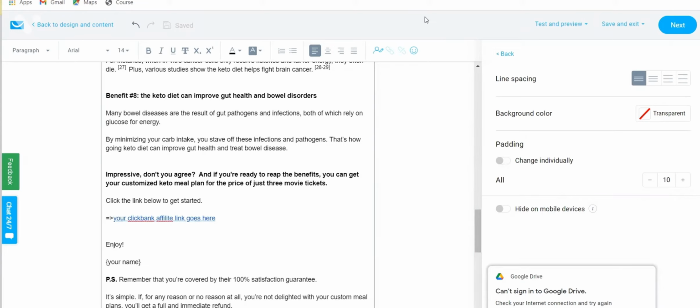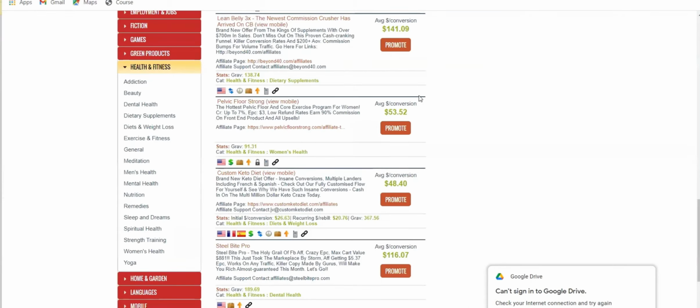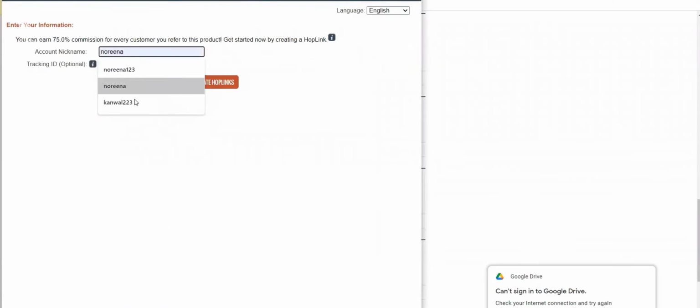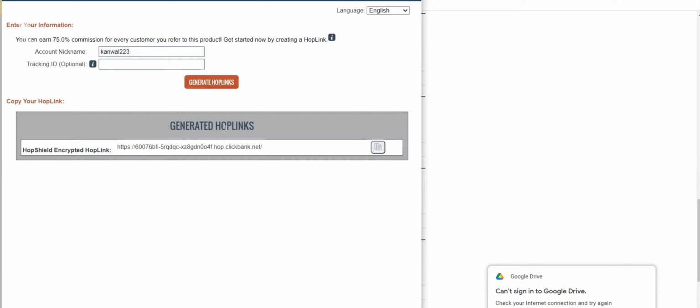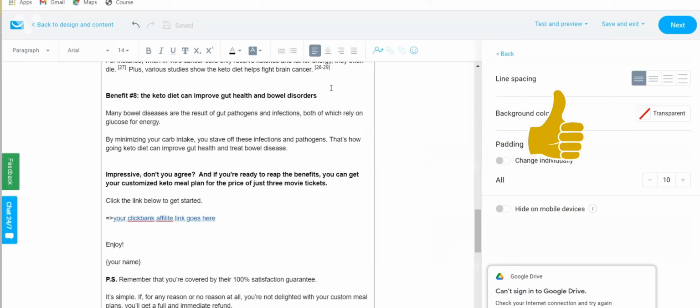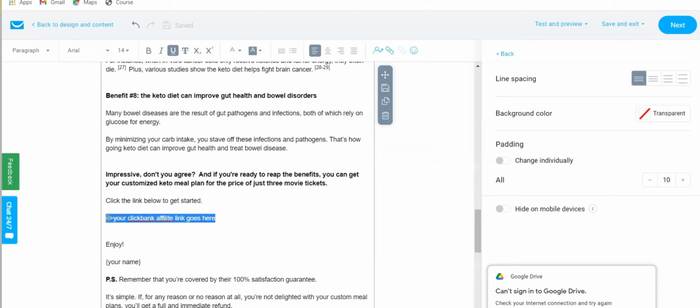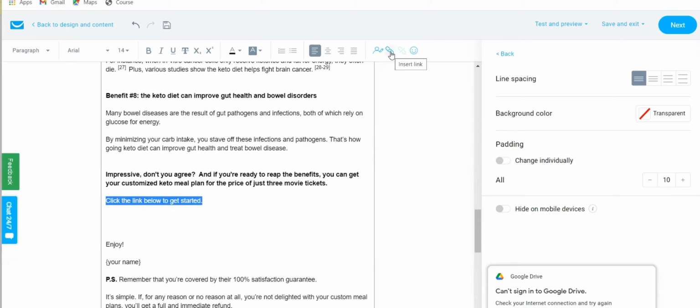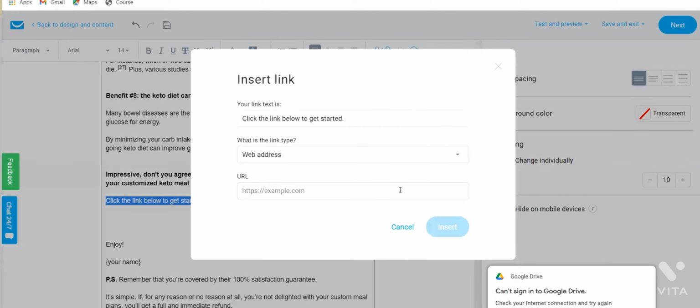So first go to the marketplace again. This is the marketplace, right? And promote keto diet, and don't forget to put your account name, generate hop links, and copy it, right? And again go back to GetResponse, and you need to select it, and this is the sign to insert link, right? Now here you will paste the link and insert,